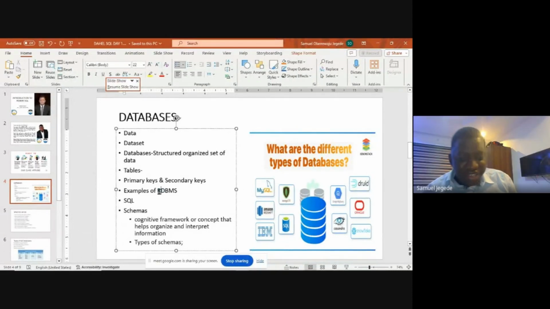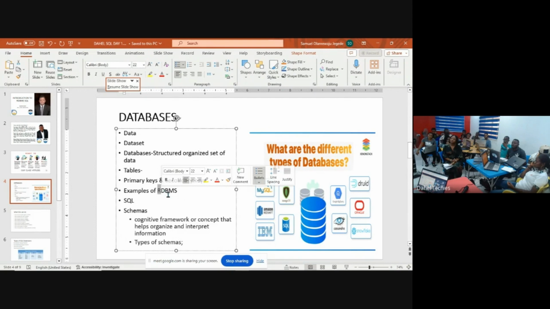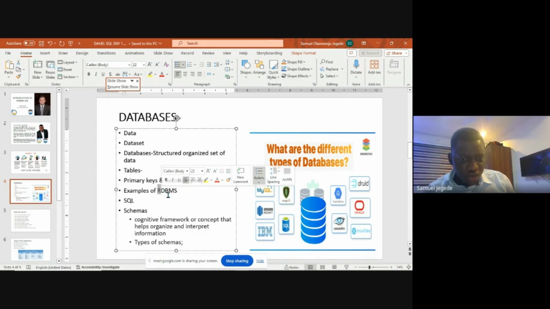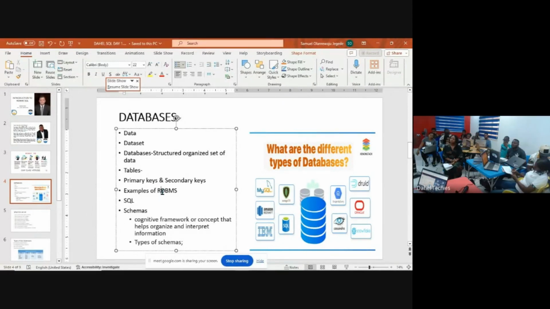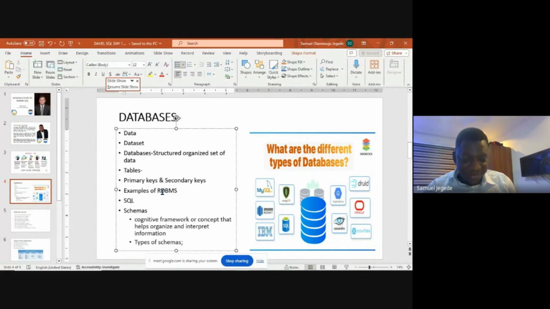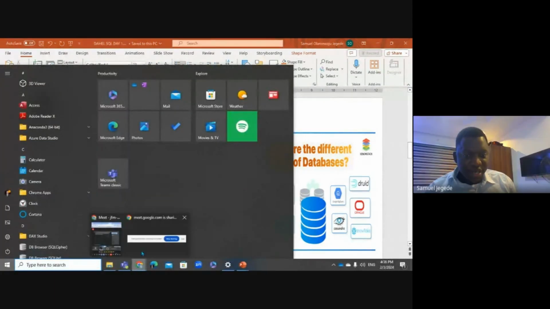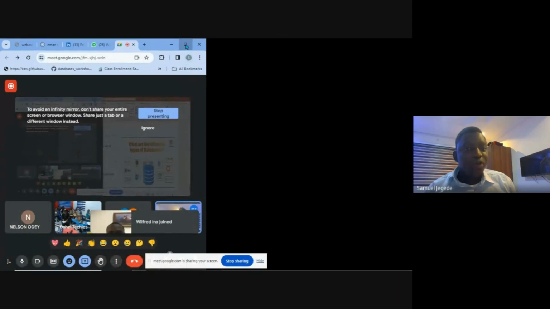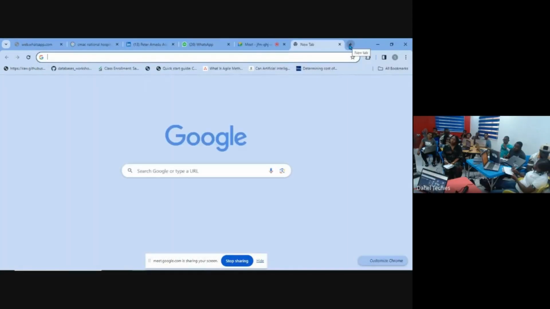So now, this R that is in front, right? Why is it R? Why do we have to put R here? Right? RDBMS. The R here is standing for what? Who knows this R? Have I mentioned it today? Who? Relational. Yeah, relational. So why is it relational? Why are there different types of database management system, right? So you can just go here, type of database management system. I'm sharing my full screen.